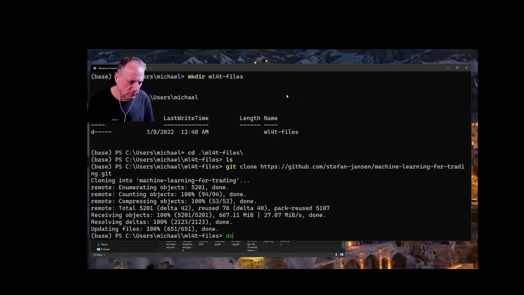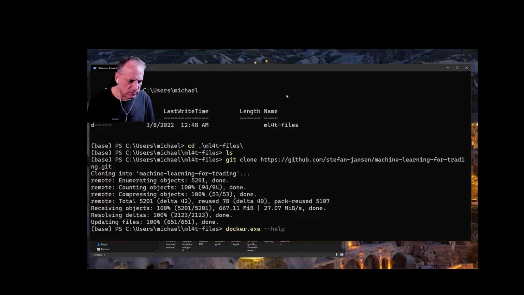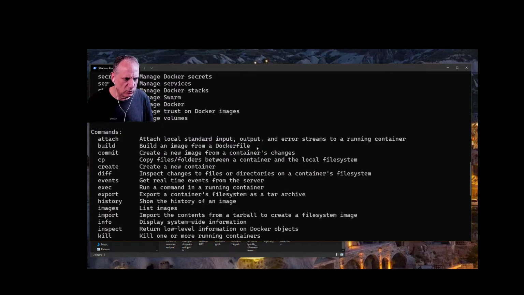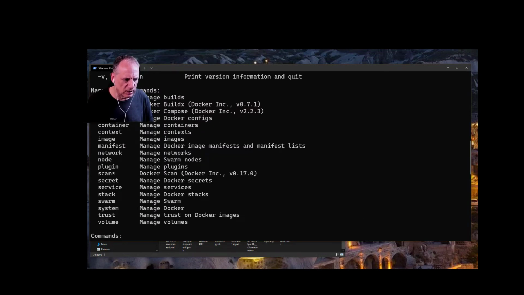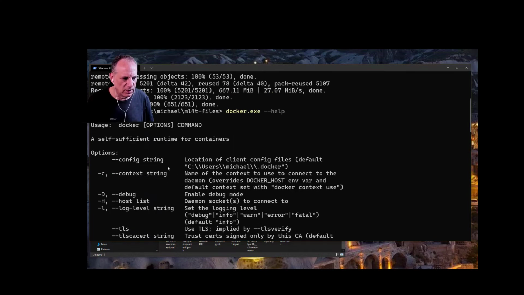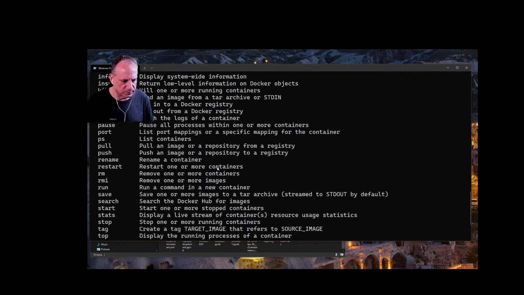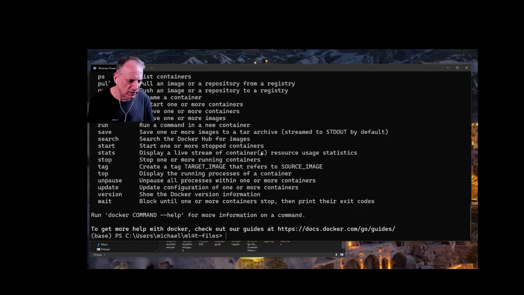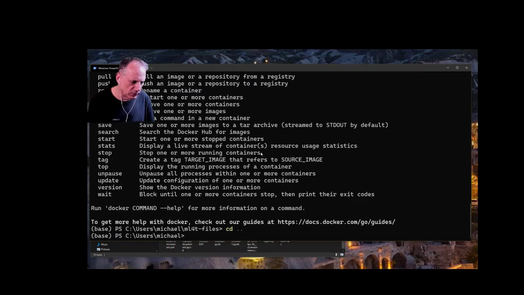But this is what this looks like, and because it's installed, if I type docker.exe, in this case, help, you'll see that you get something, right? There is some Docker thing, and it has a help folder. So once I've got that, I'm going to just get out briefly from this directory that I'm in, and I am going to